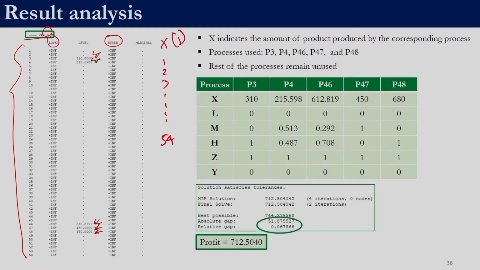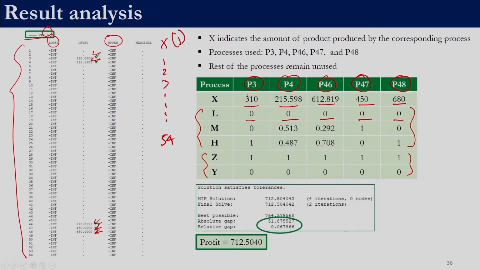If you execute this program and look into the L values, M values and H values, you will be able to observe these values. Similarly, you can also look at the Y and Z values. For P3, P4, P46, P47 and P48, the amount produced is given here and the L values are 0 for all of them.